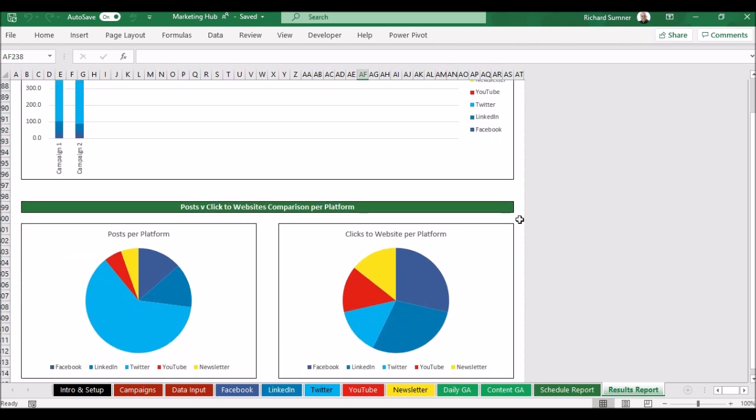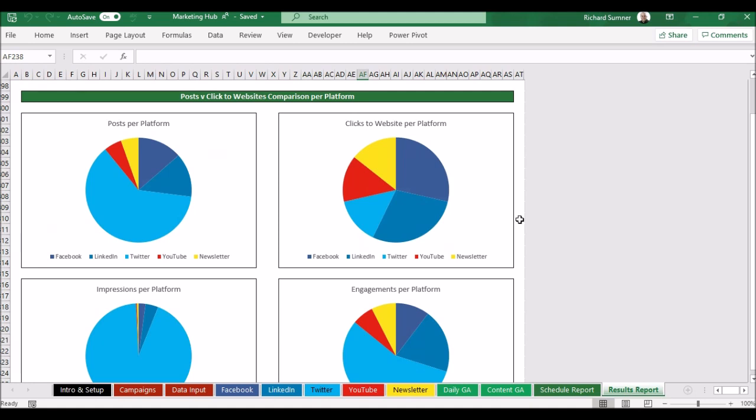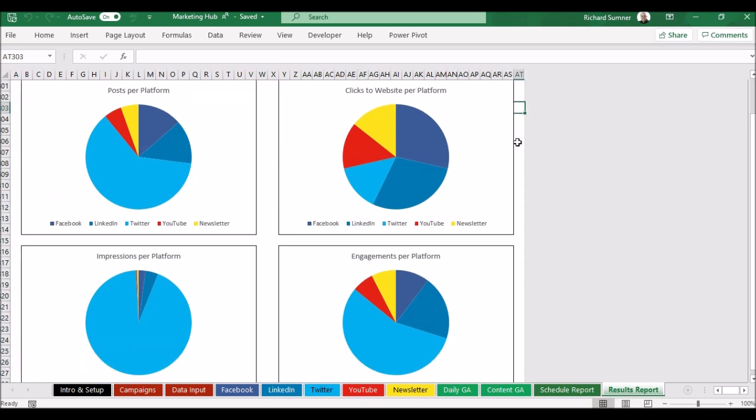also per campaign. And then lastly at the bottom, well, not lastly, but one more thing, you've got these 4 pie charts showing posts per platform, clicks to website per platform, engagement, impressions, basically what you just saw, but these are totals. So instead of seeing per campaign, you can see overall clicks to website, LinkedIn, Facebook, engagements, possibly Twitter. You can see which of the social media platforms are better for which of those particular outcomes, whether it be posts, impressions, engagement. So if this is the number of posts that you've made, in theory, if everything was